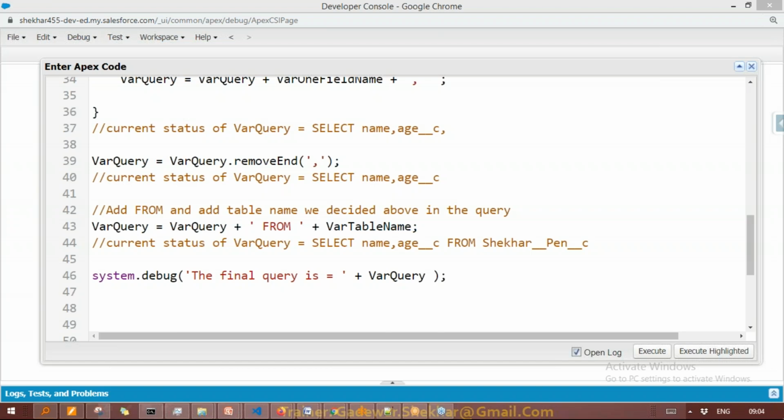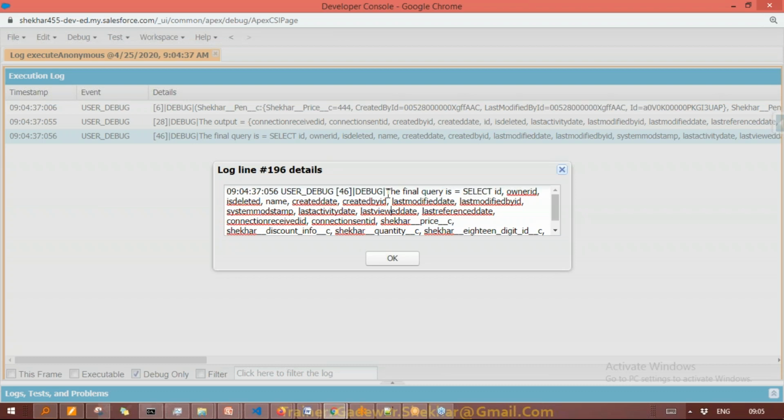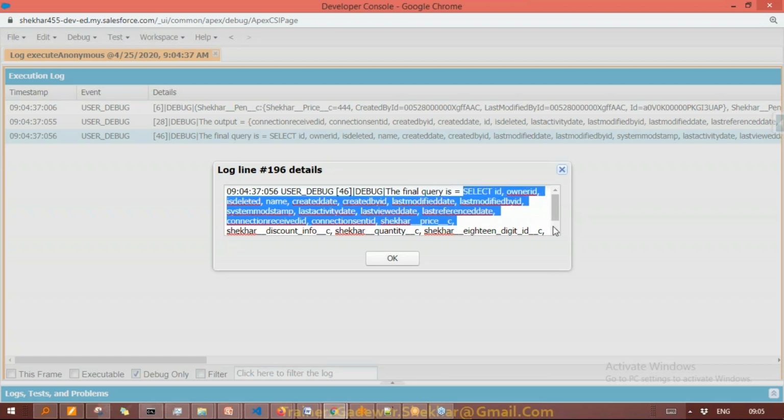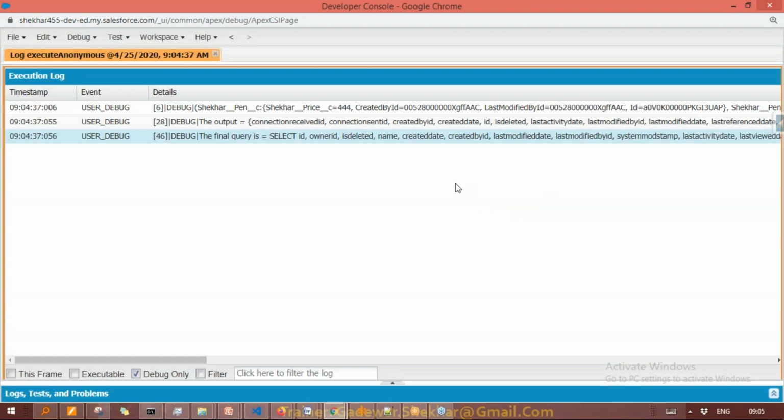This way you can perform all these things. Please note that if I show you the output, look at this output. The final query is: select id, owner id, last modified by, created by. You can see everything is coming, and you have saved lots of time in a real-time project.